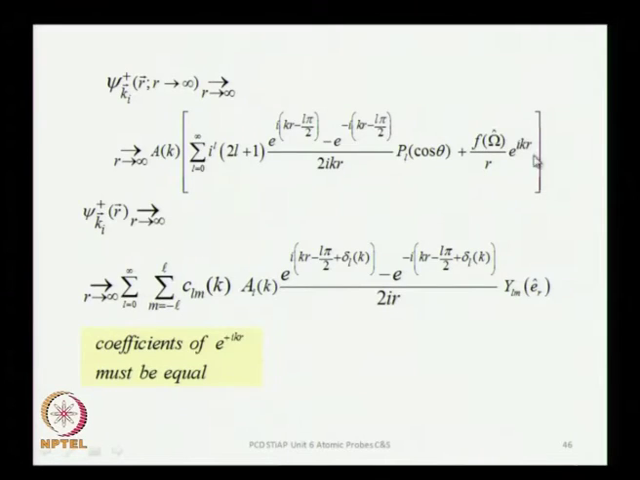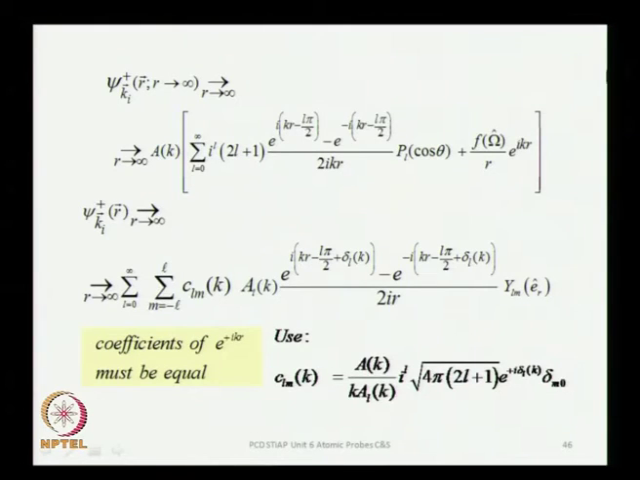What will it give you? It will give you the only unknown in the outgoing wave component. This is the outgoing wave component, the scattered solution. The only unknown over here is the scattering amplitude. So, the scattering amplitude will then be given in terms of these coefficients, and what is sitting in these coefficients are the scattering phase shifts. Okay. So, the scattering amplitude will then be given in terms of the scattering phase shifts by comparing these coefficients